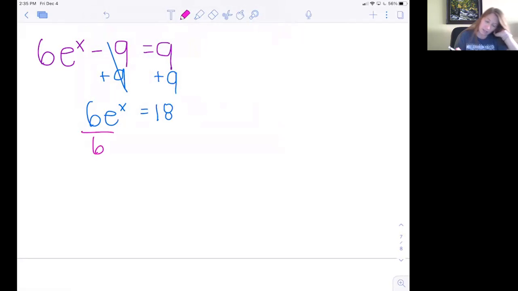Now to get rid of e to the x, I just have to take the natural log. And if I take the natural log of this side, I have to do it to the other side. So if you remember, the natural log makes it so the e goes away. So then I'm just left with x equals,